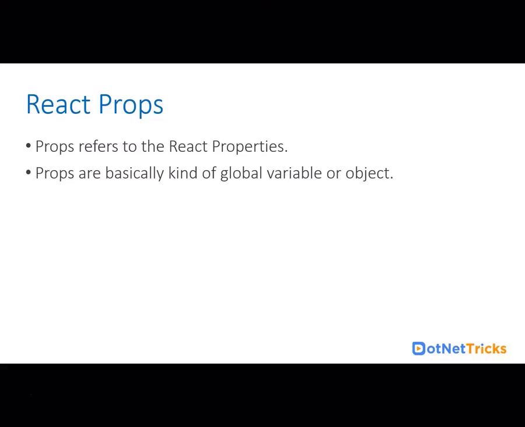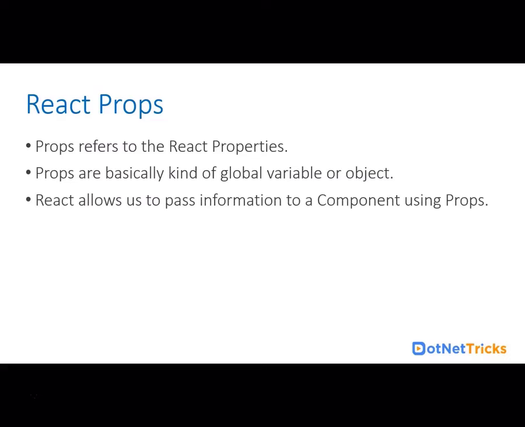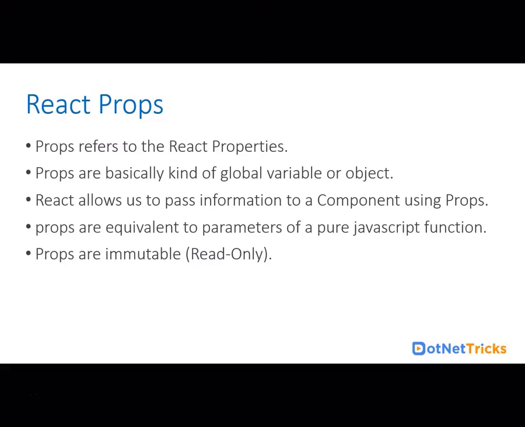Each and every component, as we discussed, is treated as a JavaScript function, so props are passed in as parameters to that. In React, props are equivalent to the parameters of a pure JavaScript function. They allow us to pass the data from one component to another using props. Props are immutable, which is known as read-only,